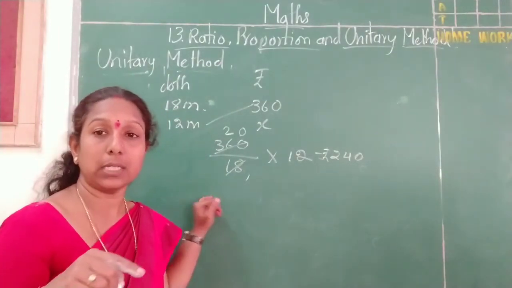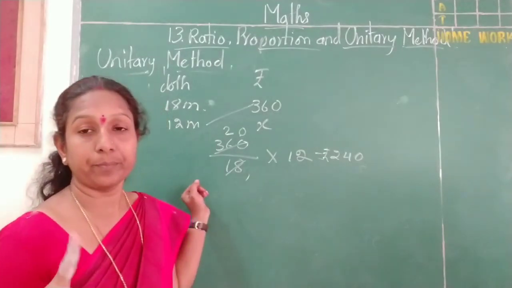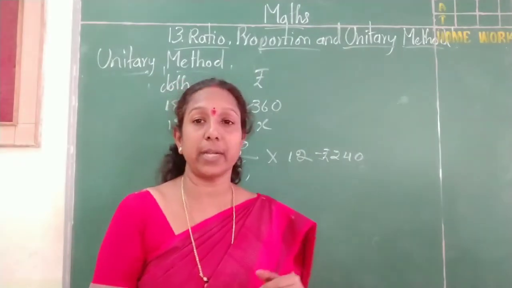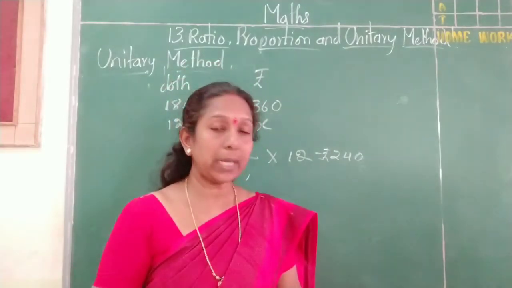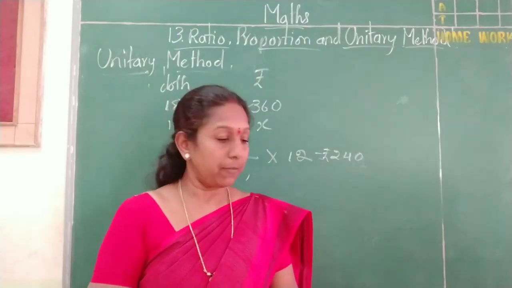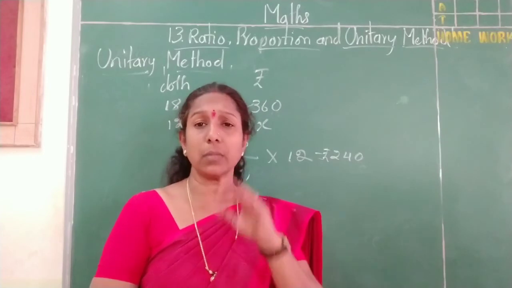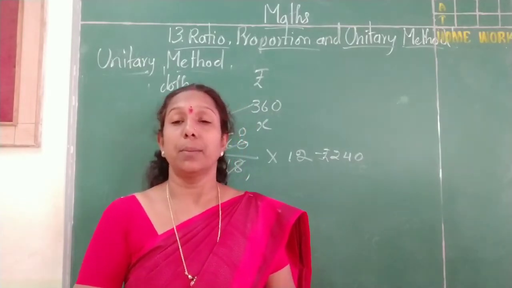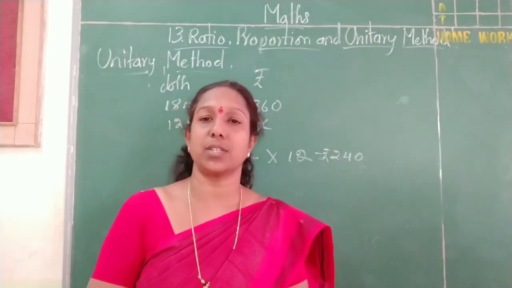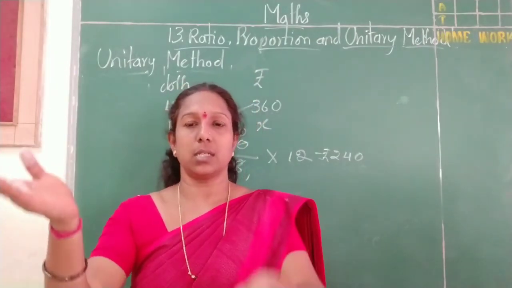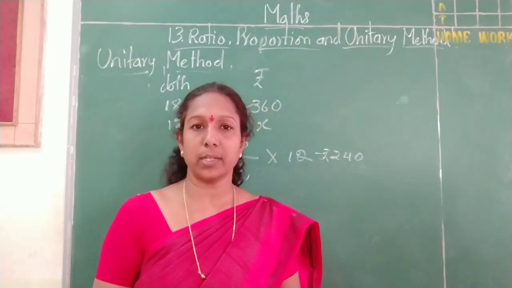In the previous one, I found how much price would be used by 1 boy. Here I am finding the cost of 1 meter of the cloth. So by using this method we can solve the problems on the unitary method. All these sums belong to direct variation. That is very important, children. Direct variation means if one is increasing, the other increases like that. I hope you all have understood, children.